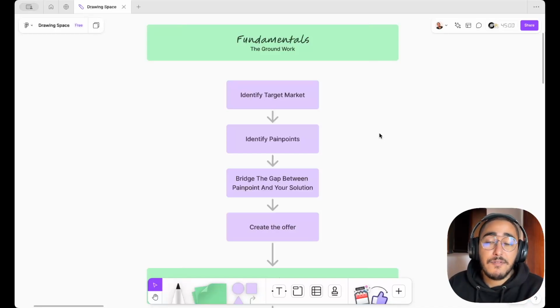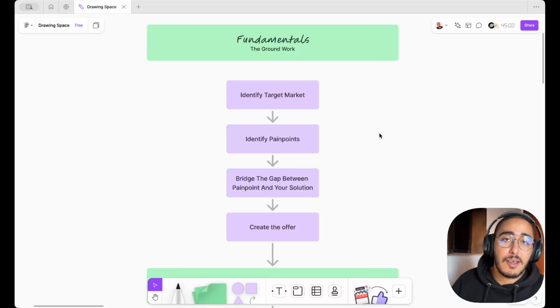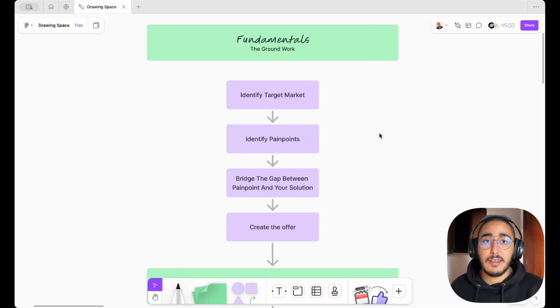Hey, so I believe you've watched a couple of videos on YouTube on how you can run cold emails, how you can run paid ads, basically how you can generate demand for your business and generate high quality leads for your offer. I believe you've been getting bombarded by all of these ideas left and right on what you do, but most of these videos lack one important thing, which is the strategy behind how you can reach that point